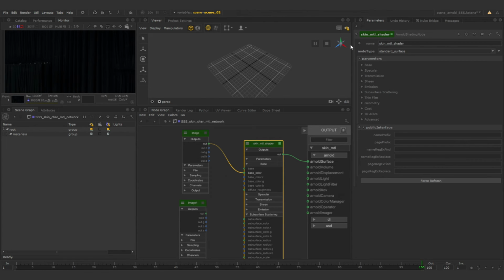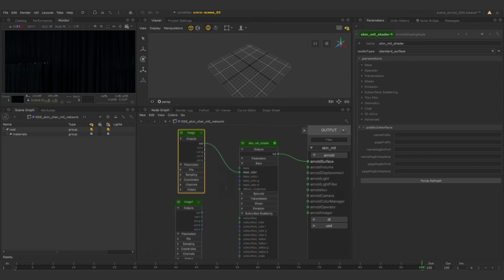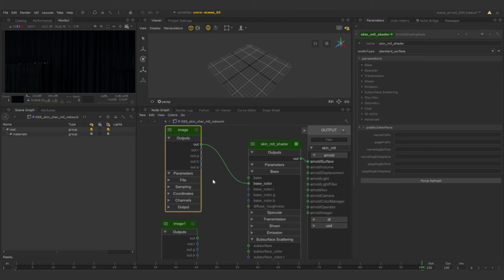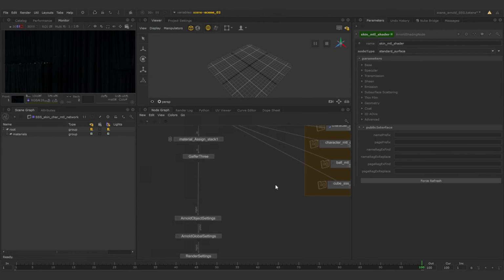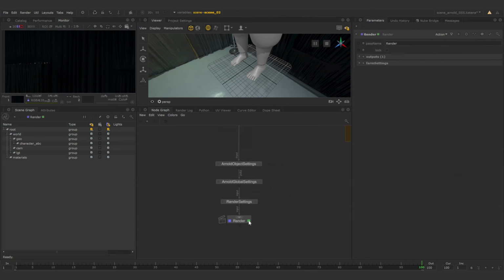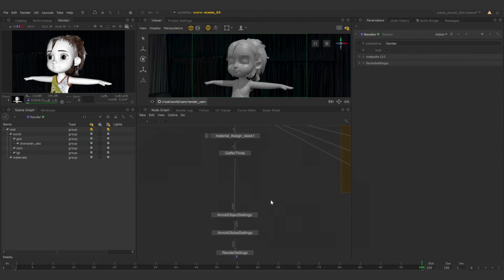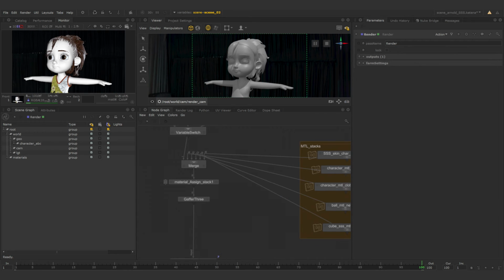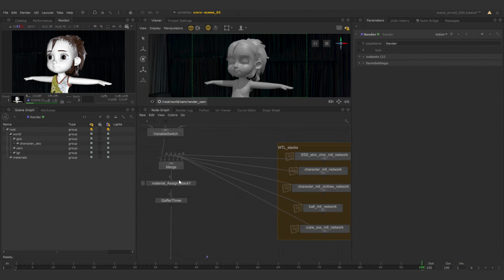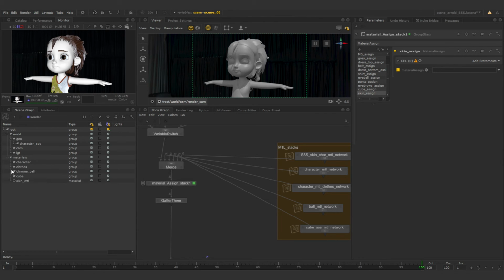So now with our material created and our material assign created, we're going to hit the back arrow in the node graph to go back to our main recipe, and go back to our material assign. We're actually going to assign this material to our geometry. Inside of the parameters of our material assign stack, we're going to select our skin assign. We're going to go over to our scene graph and middle mouse drag our skin material